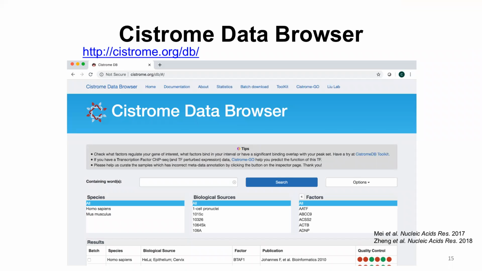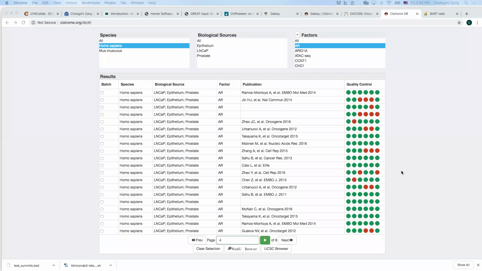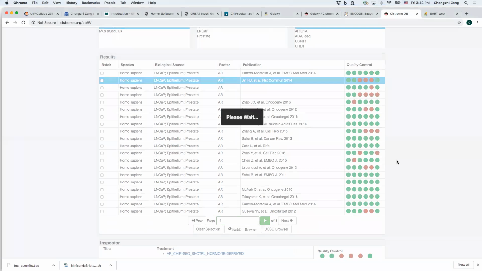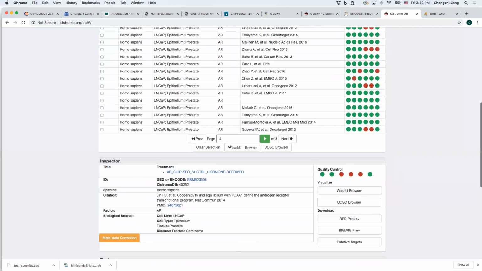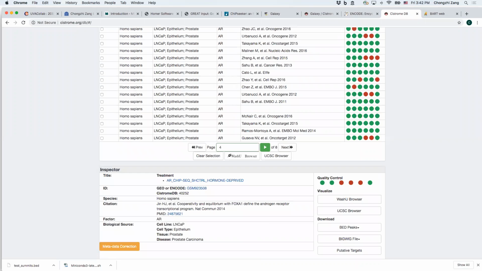Changzi? Yes. I just like to make one point that's worth noting. I think this is a fantastic resource, and I love the way you went through all the QC. I just think it's worth noting, and you're well aware of this, you've just got to be mindful with the number of peaks. The thing to be aware of is to look at the complexity of the motif. For example, and I can't off the top of my head reel off the AR one, I think either Changzi or Mike could probably, but